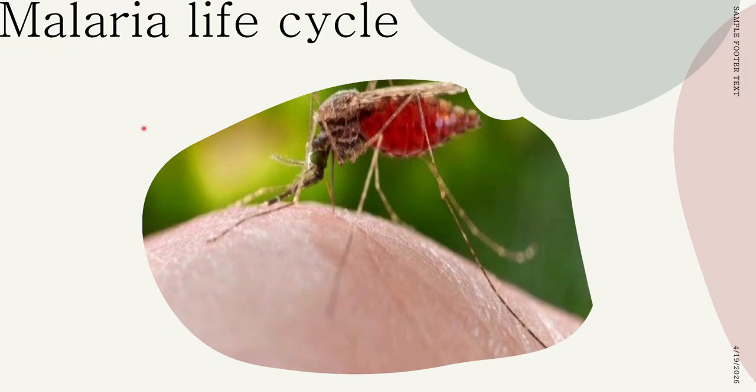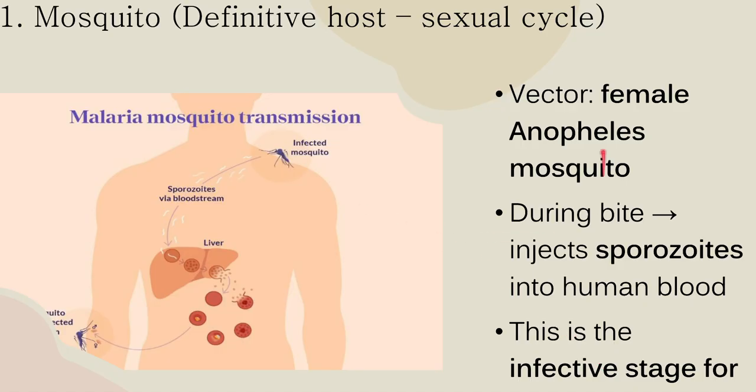Malaria life cycle. The common malaria life cycle is discussed in this part. The mosquito is the definitive host, and you can see the sexual cycle in the malaria mosquito. So, the vector is the female Anopheles mosquito, and during the bite of an infected female Anopheles mosquito,